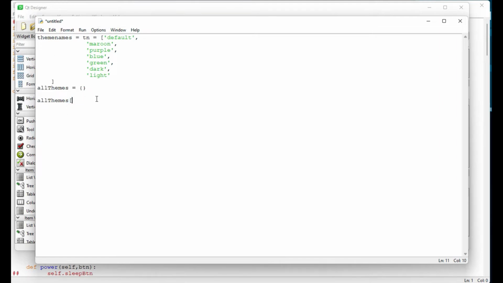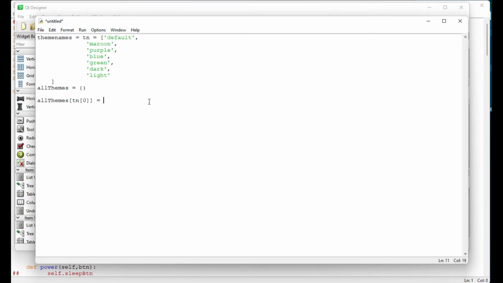I will pass here tn 0, that means default. You can also directly pass default, maroon, purple, etc., but I'm using programming like this so that when the user changes only here, it will change everything.